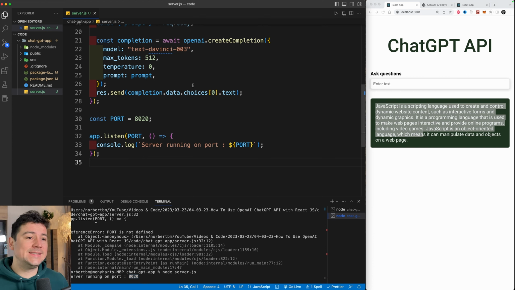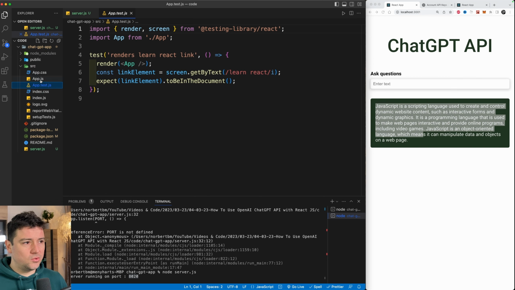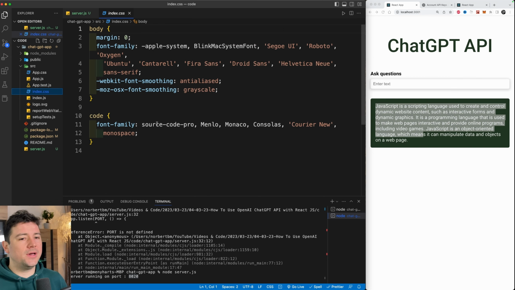Perfect. Now let's take care of our front end. We're going to leave the server running and we're going to go into our front end now. I'm going to delete here a couple of things. You know what? I'm going to leave them in there. Also, the code is down in the description below, and a very important part of the code will be the